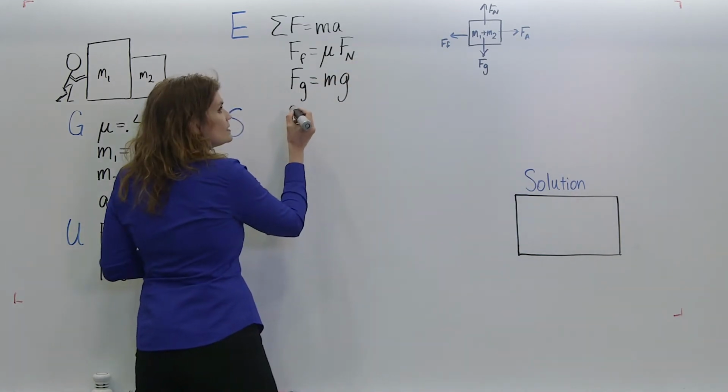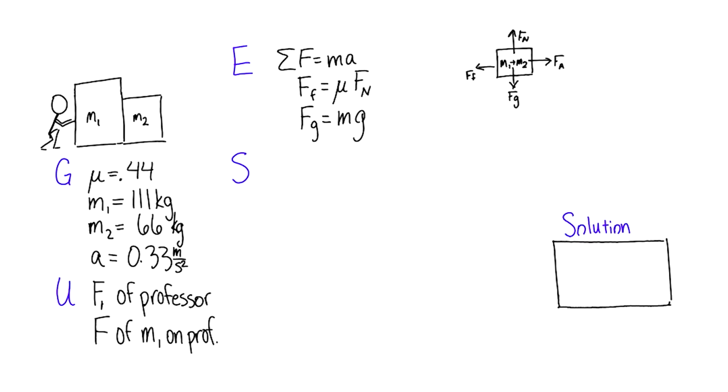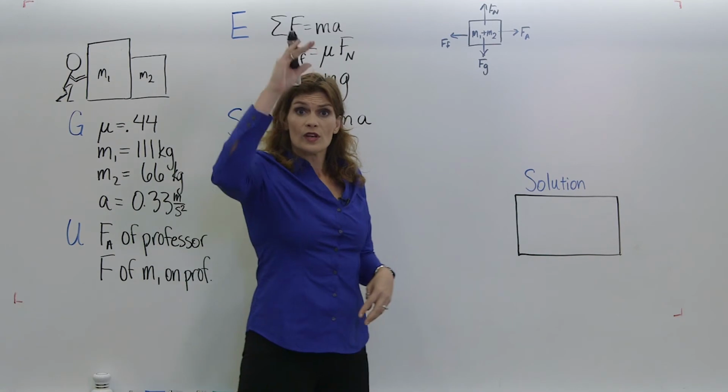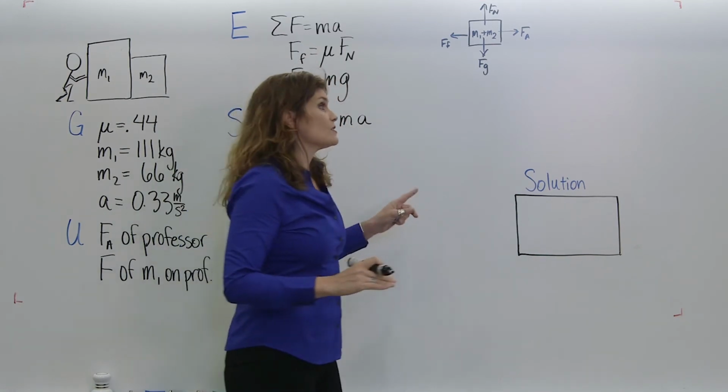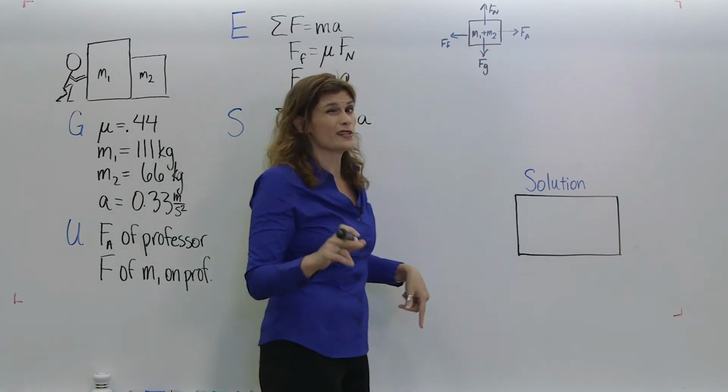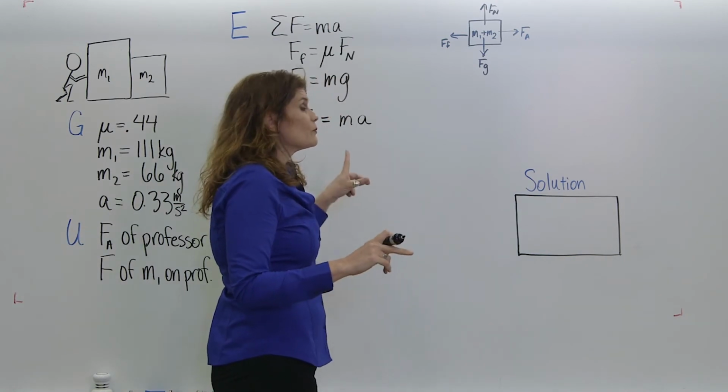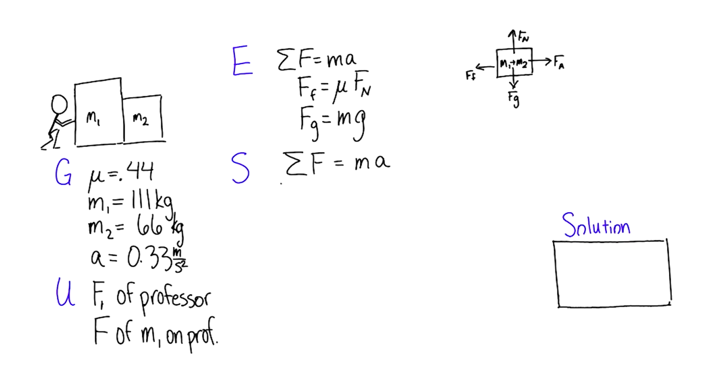Our solution is, we've got the sum of the forces is equal to the mass times the acceleration. So what are our forces? Up and down, we know we're not accelerating in the up and down direction. So we know that these two are balanced. We'll use that in a minute. So we've got the applied force, Professor Hafner, minus the friction force slowing him down is equal to the masses